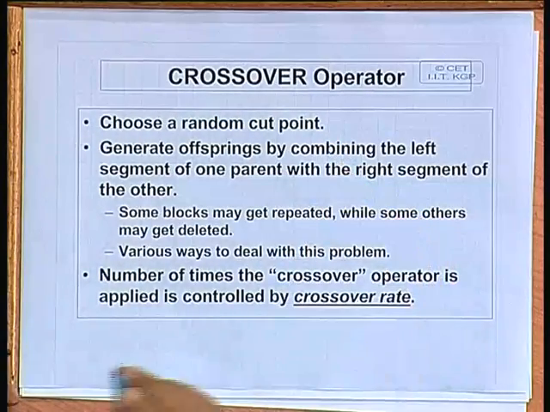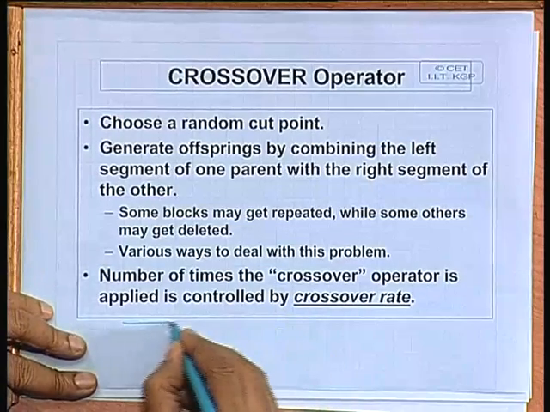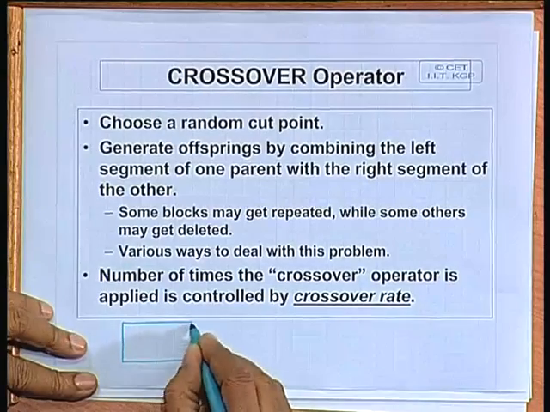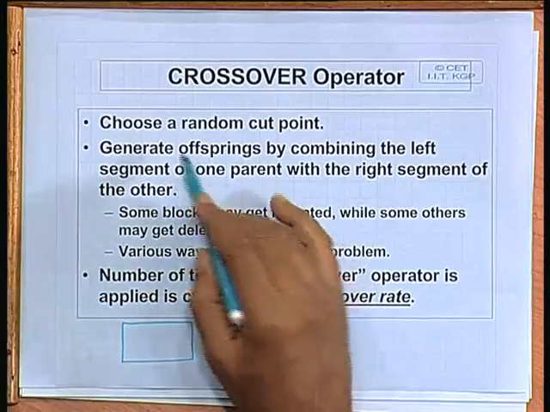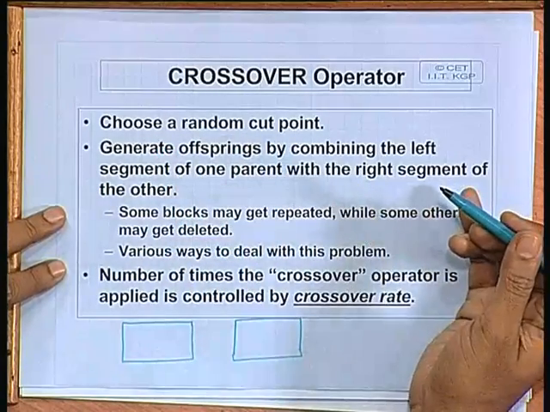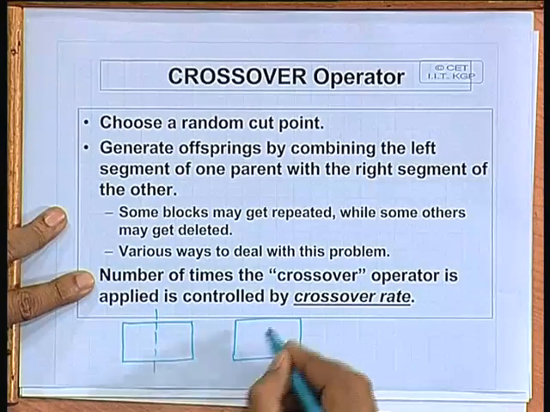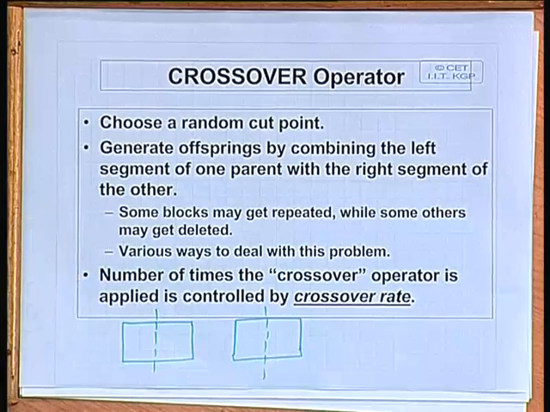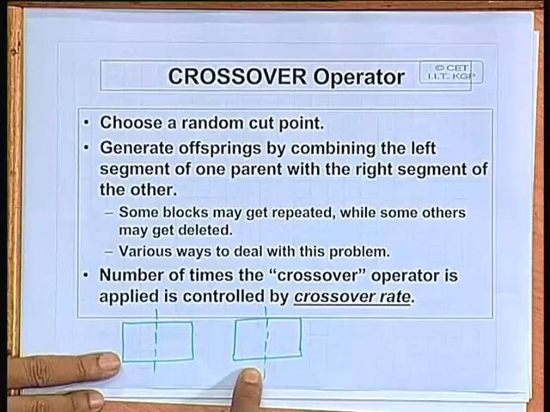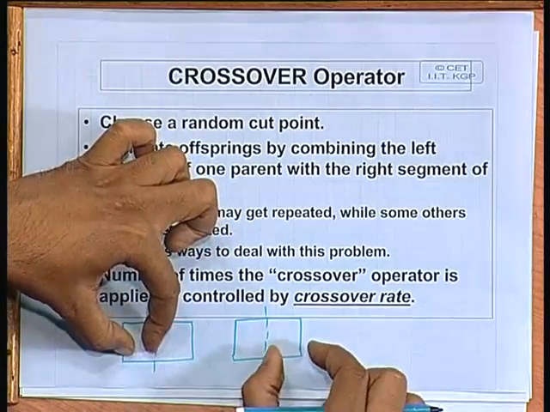So, how is this done with respect to the placement problem? Suppose I have two solutions. One solution is, say, this placement solution. I choose a random cut point. In terms of x coordinate, I can choose randomly a cut point here, and for the other solution also in the same place. Intuitively speaking, what I am trying to do is take the first half of solution 1 and the second half of solution 2, and put them together to get the new solution.